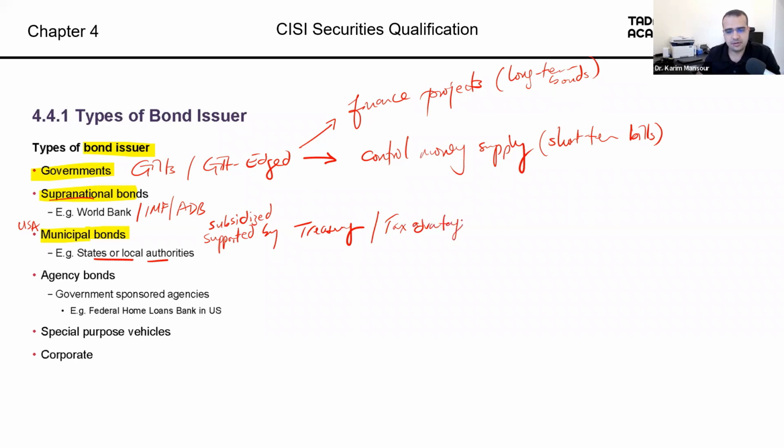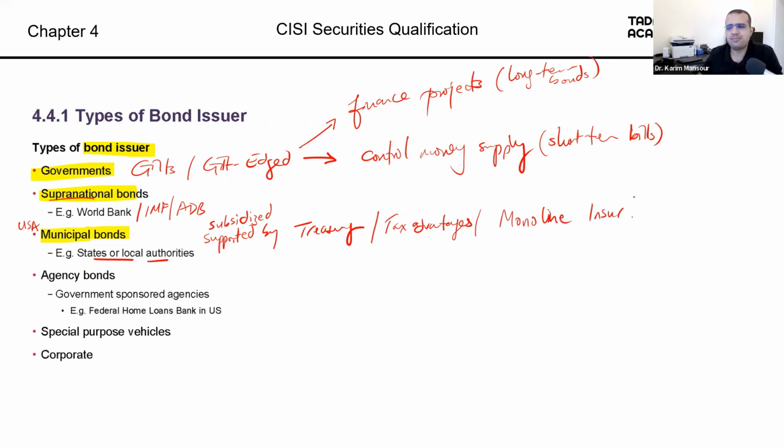Yeah, it's something you need to know. Tax advantages, that means the interest you earn, the coupon you earn on these bonds might not attract tax, or it might attract a very small amount of tax, or you might get a tax credit, or you might get a tax refund if you pay tax on them. And another thing that comes a lot in the exam is who guarantees these bonds? There is usually a third party who guarantees the payment of the coupon and the payment of the nominal on redemption. And this third party is called a monoline insurer.